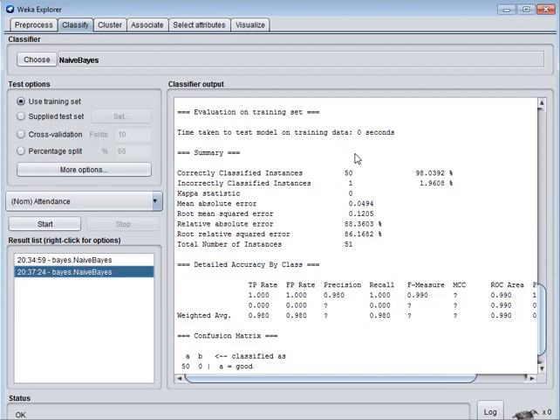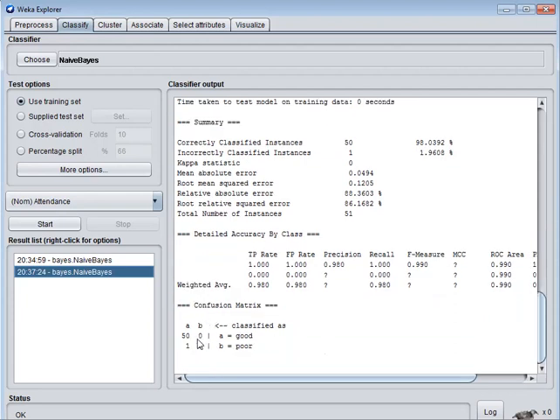The time taken is 0 seconds. Here 50 students, including all departments, have good attendance and one student has poor attendance.